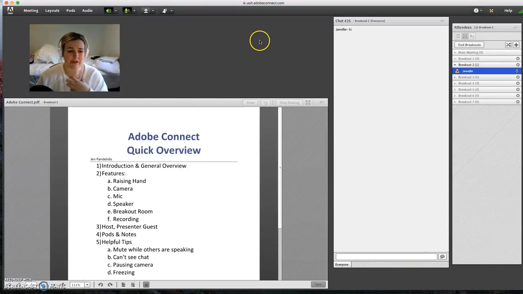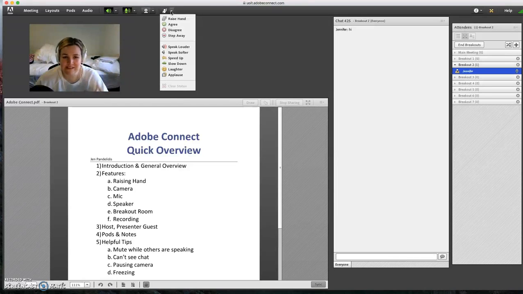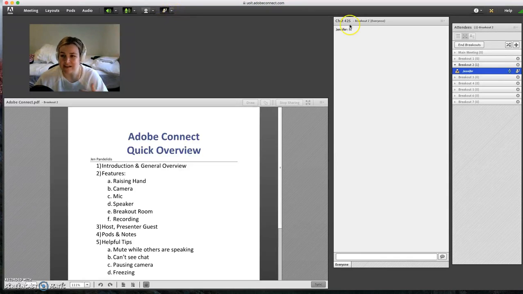So moving up to the key features, and these are the features you're going to use within the first couple of classes that you have in an Adobe Classroom. The first is, of course, raising your hand. This is a really important one. If you do want to speak, like a regular classroom, we just encourage you to raise your hand. As you see, I've clicked on it here, and the hand's gone up beside my name. So the teacher will know that you've raised your hand and call on you as well, and then you'll have